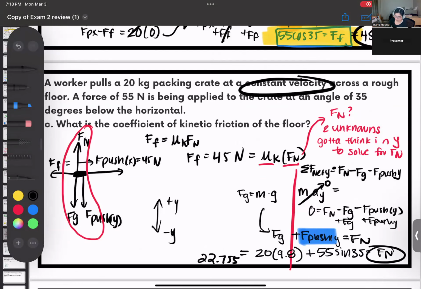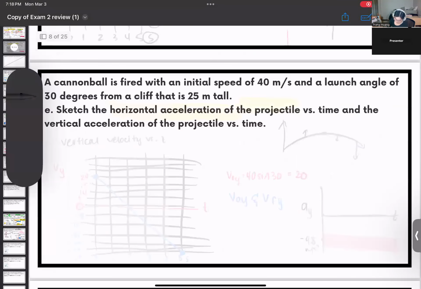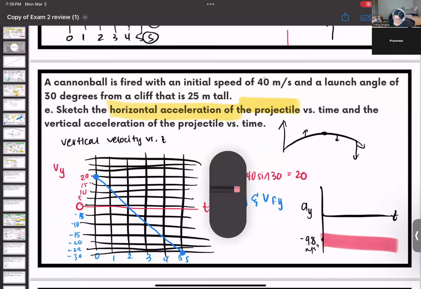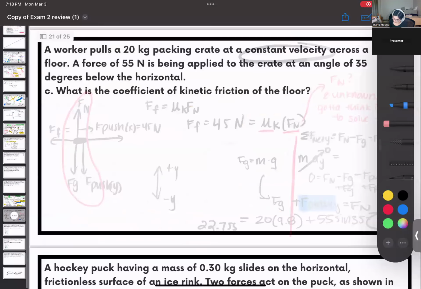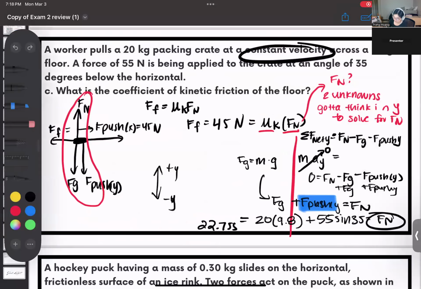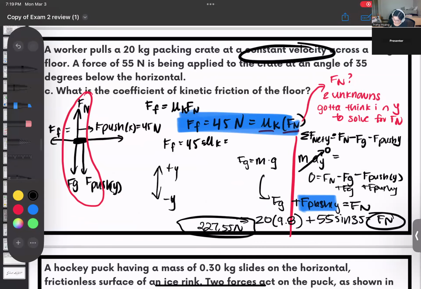227.55. Oh, what the? No, no. 227.55 newtons, okay? So that's the normal force. We're kind of good. We're thinking about this, right? So force friction, keep solving. It's equal to 45. It's equal to the unknown coefficient times